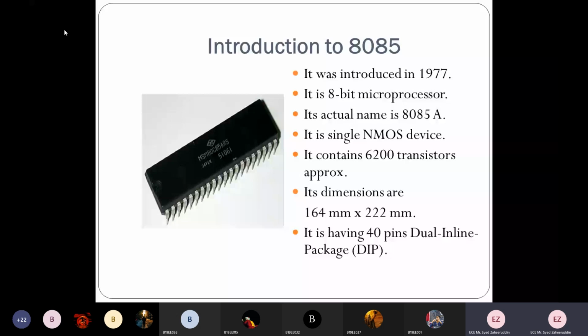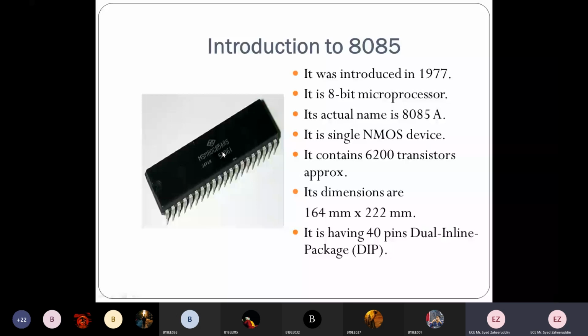And this 8085 is an 8-bit microprocessor, and when we give the name, we will take it as the actual name 8085A. So you can see this is an IC of your 8085. On the left side you can see an IC of 8085. On this IC, the marking of your microprocessor has been done like 80C85. So the C is different over here, but this is your 8085 microprocessor.